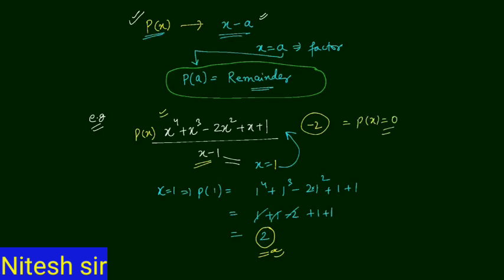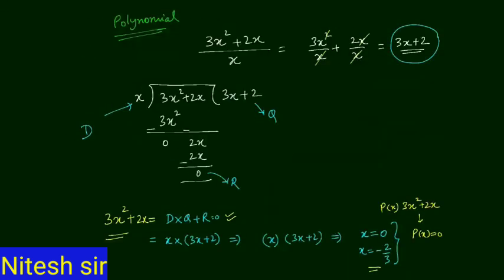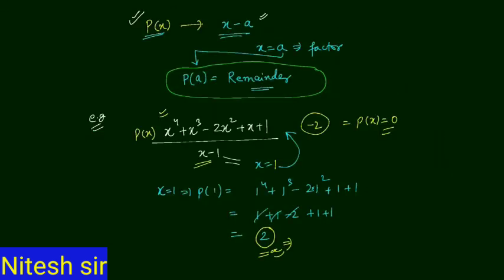Clear to you? So for p(x), at the condition of the zero, x − 1 = 0, we get x = 1, and that way we can find the remainder of this polynomial. The remainder here is 2. So simply we can say p(x) = q(x)g(x) + r(x), and by the remainder theorem, without using the long division method, we can find the remainder. I have just done it in front of you. I hope you have understood this.